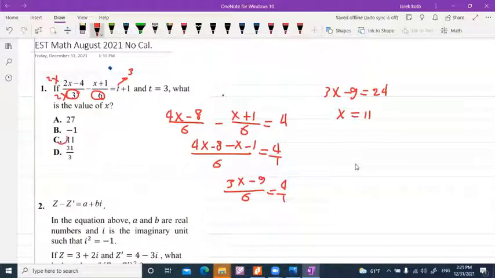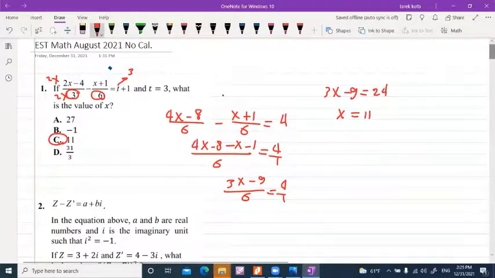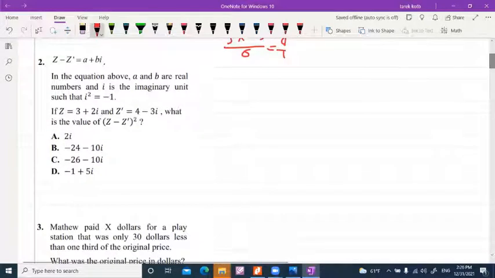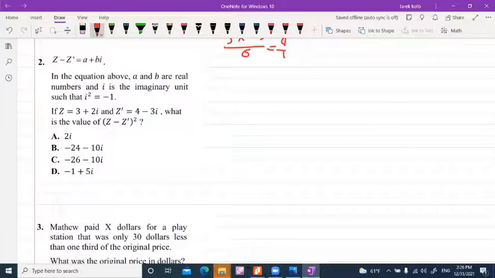Number 2. You have z and z dash. Their difference is a plus bi. In the equation above, a and b are real numbers and i is the imaginary unit. If z equals 3 plus 2i and z dash equals 4 minus 3i, what's the value of (z minus z dash) squared? z minus z dash all squared equals